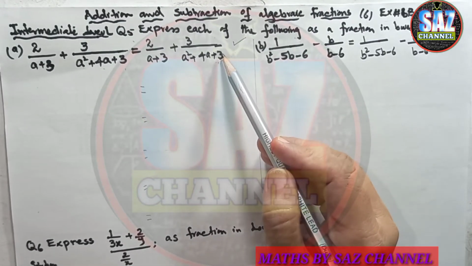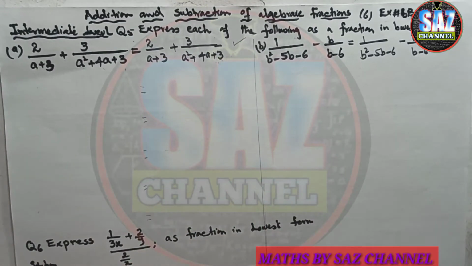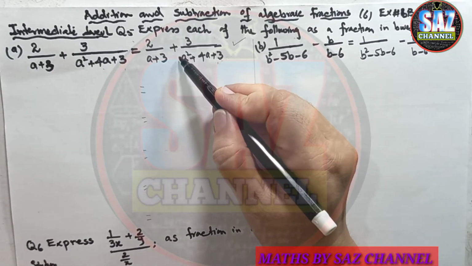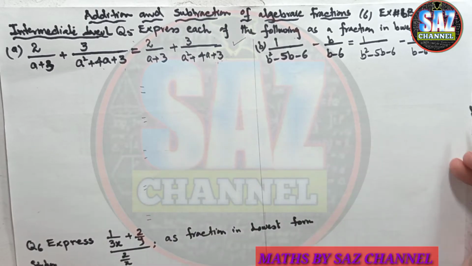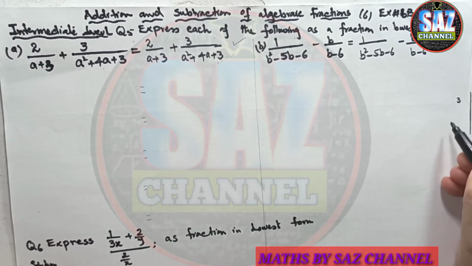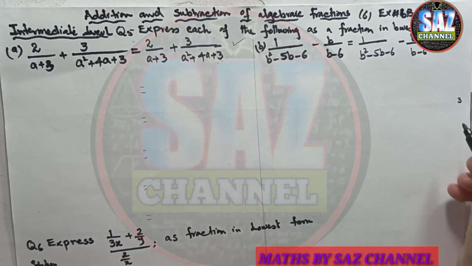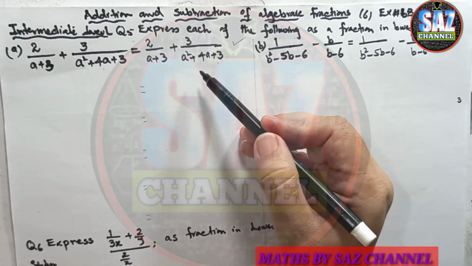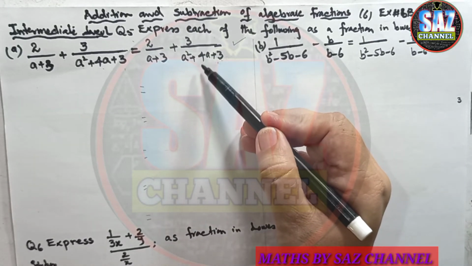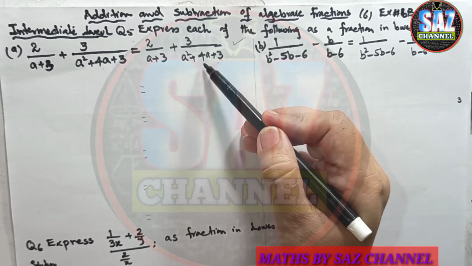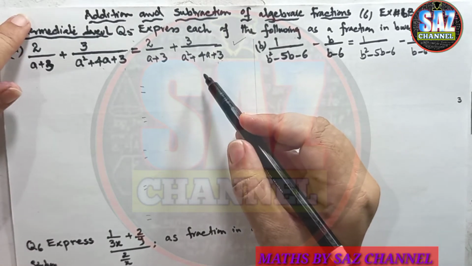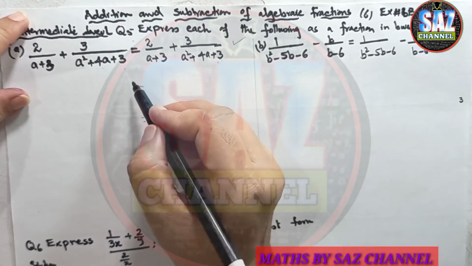According to the method, I have to multiply the constant, that is 3, with the coefficient of the square term, that is 1. My product will come 3. Now I have to make the prime factors of that product, and the prime factors of 3 are 3 and 1 only. We have to set the factors in such a way that when I'm adding or subtracting, I'm getting the middle term, which is 4, and when I'm multiplying, I'm getting the product term, which is 3. So I hope 3 and 1 is the suitable choice.